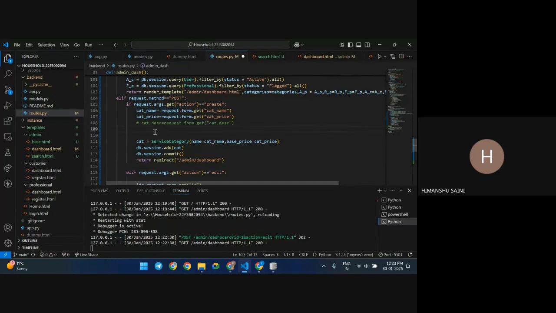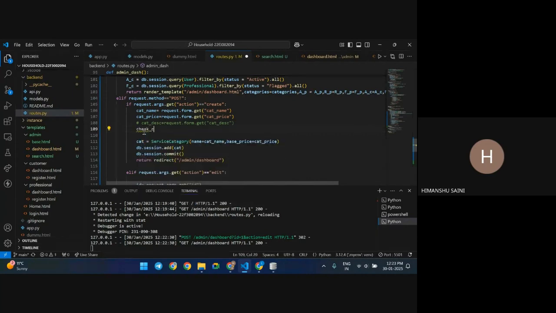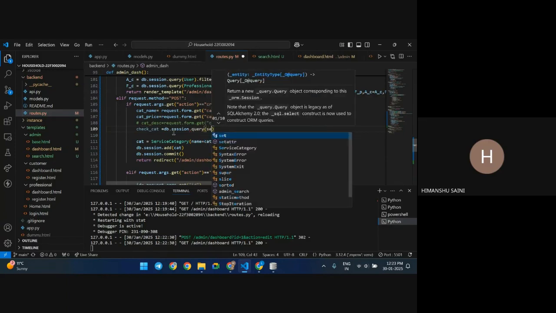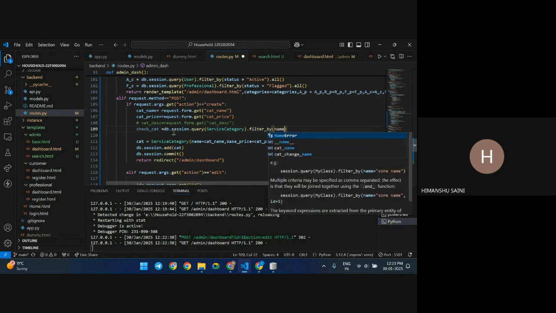I'll just query: check cat, db.session.query on the service category, filter by name equal to cat_name. If the same name is present, then